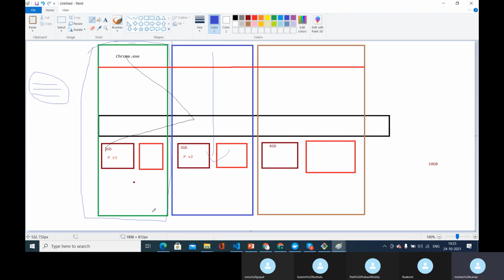Got it? Yeah. The whole point here is, let's say this is image 1 which needs Chrome, which needs Python version 3, and we will have another image which needs Python version 2. But this could be a small program and we cannot allocate the whole system for this. Instead, it is simply dividing the resources, taking whatever amount is needed and installing it, dividing that from the entire hardware that is available, and we call this a container. So this is how a container looks like.